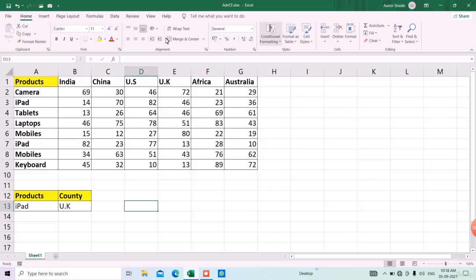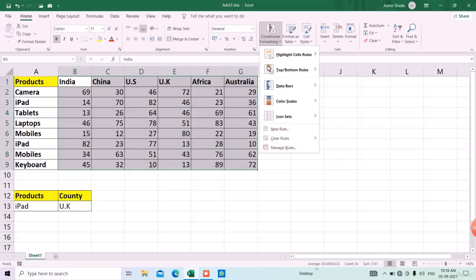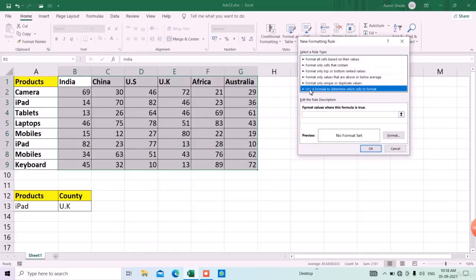Now we'll come back to the home tab. Now for country, we'll select the table from here because the countries are starting from here. I'll go to new rule, use a formula. All the formulas start with this. I'll select the first reference. Now I'll not lock the column because different countries are appearing in different columns, B, C, D, E, F,